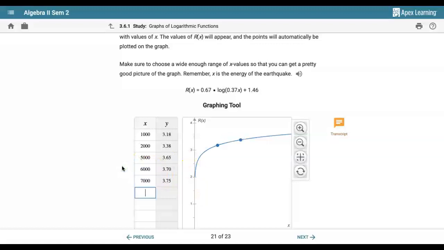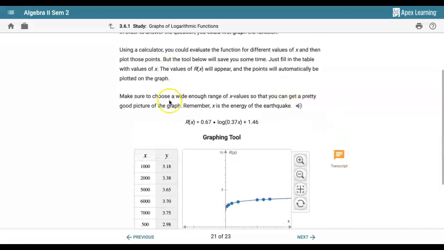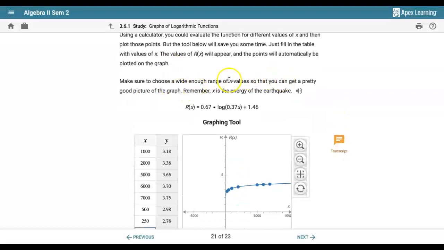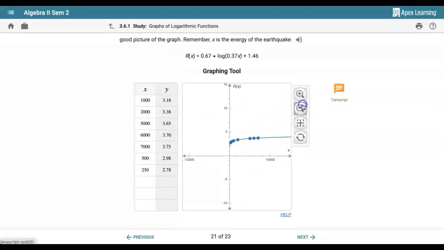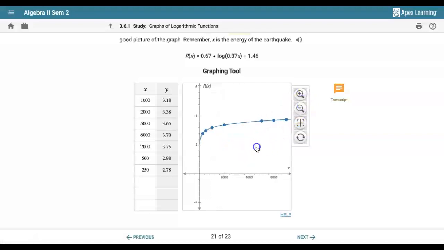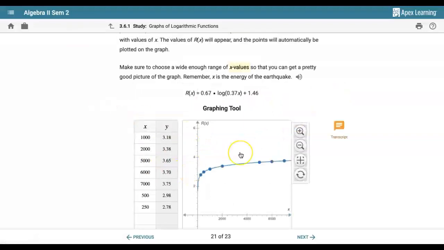Sorry. Plug in values here, and this guy would give us outputs. It'll fill in this graph for us, and that's what they were saying, making sure that you change your x values, or make sure you change your window so that you can actually see what's going on here graphically. Because again, if I get too close or too far away, it's hard to figure out a difference. And what this is asking us to do is obviously we're trying to figure out where the output here